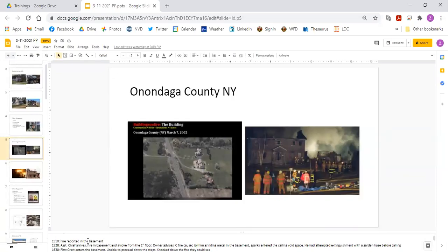Like I said, this one happened on March 7th, 2002. On the left there is an aerial view of where the incident was. It's actually this house here in the middle. What happens is at 1910,